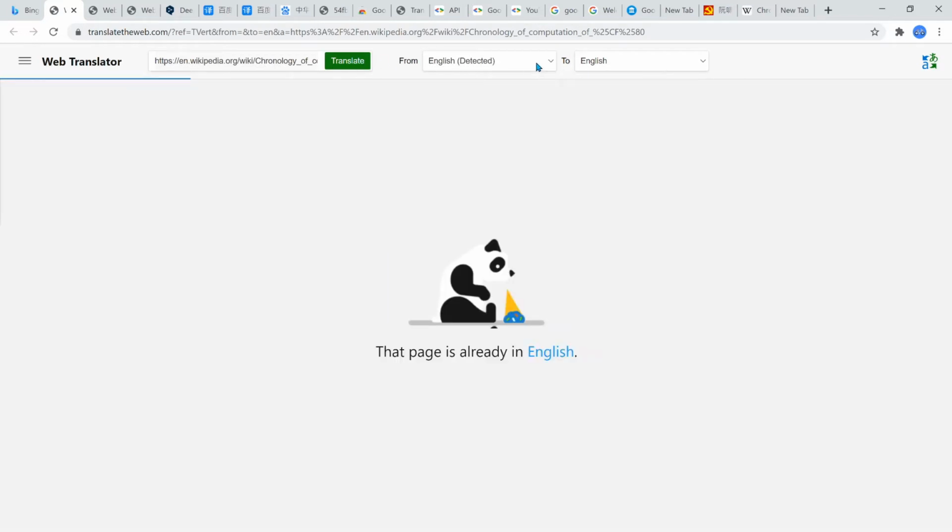That page is already in English. So the cool thing is, I really like the Microsoft one. I historically use Chrome and Google Translate just because that's the one I use most often. But I find that the Microsoft Web Translate is just super powerful. They have such a nice interface. Chrome has the largest user base, but you will be surprised at how accessible the